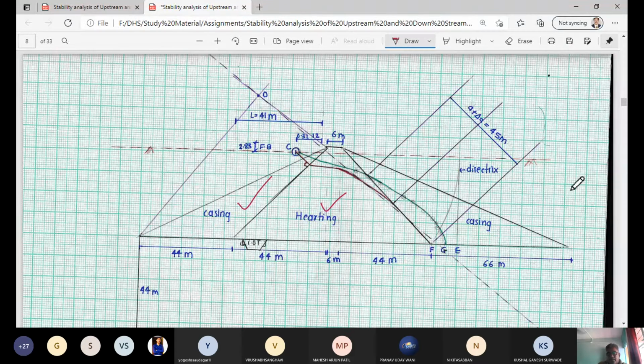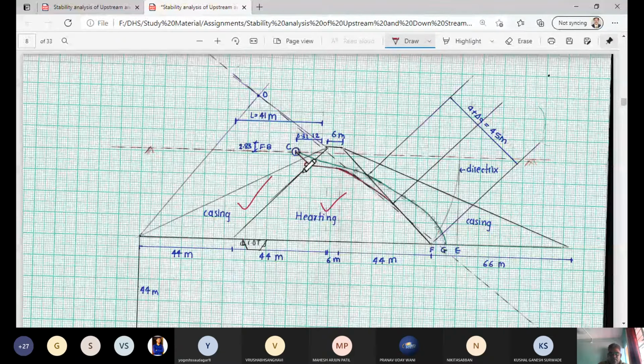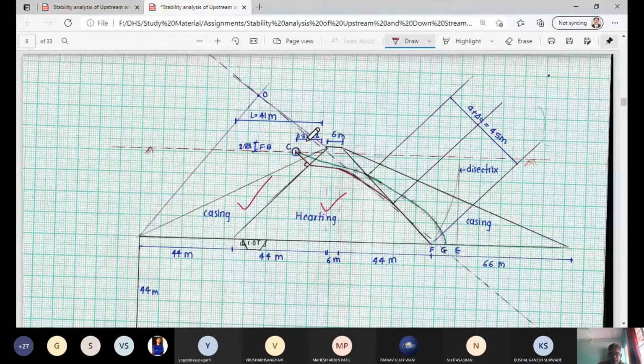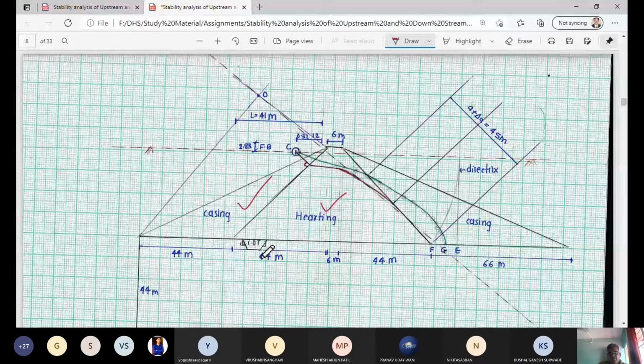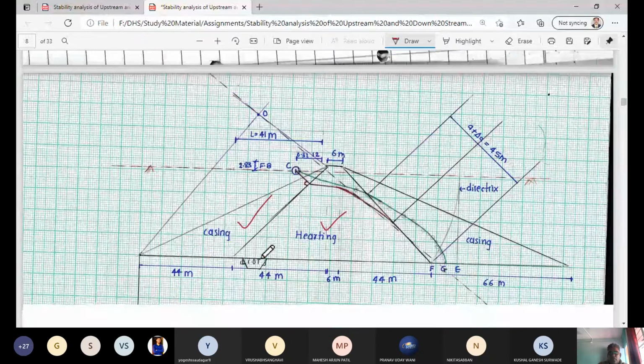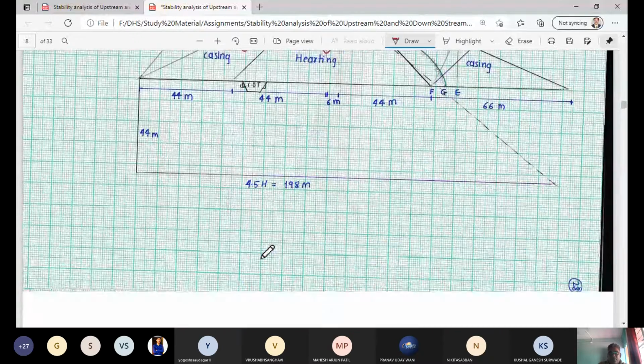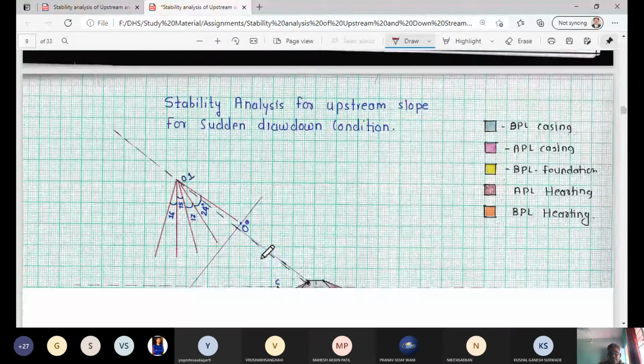Then you find out the A plus delta A and the location of the phreatic line in this section. The phreatic line begins at 0.3 times L. This is the part from A to B. A cutoff trench is also provided. This is a vertical cutoff, and the entire height dimension shall be provided here. Particularly for locating the slip circle, you have to utilize the Fellenius method. So these are the dimensions.